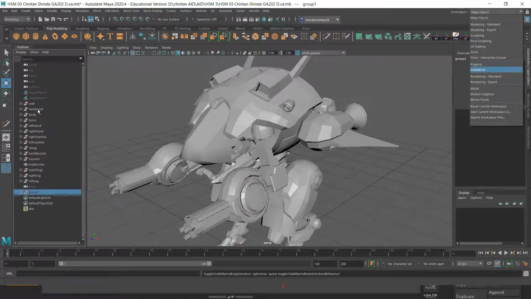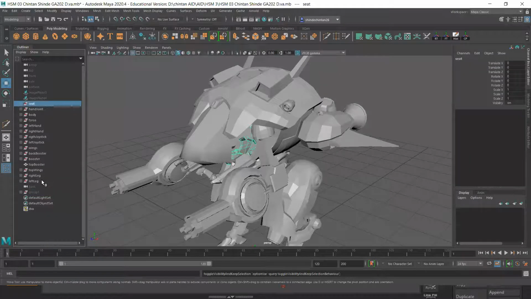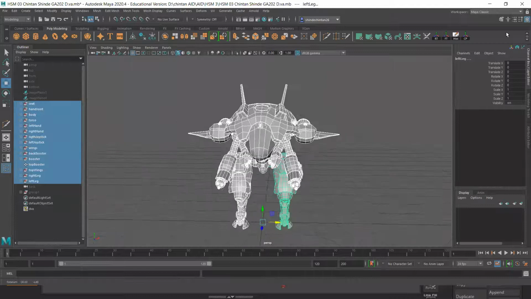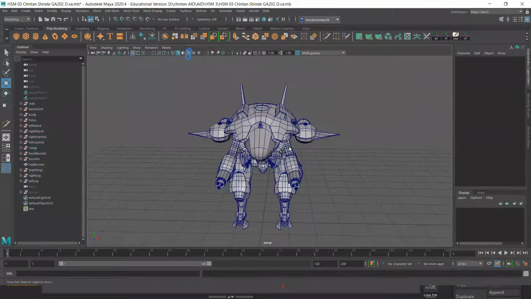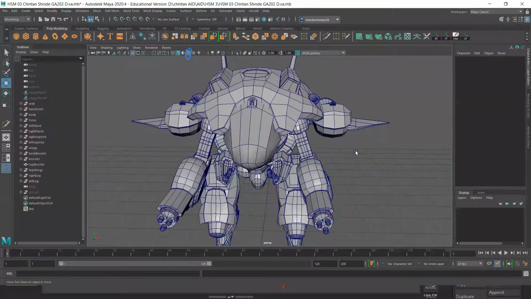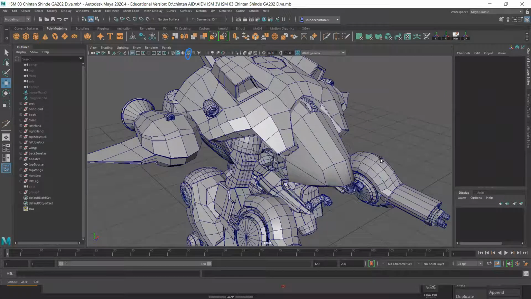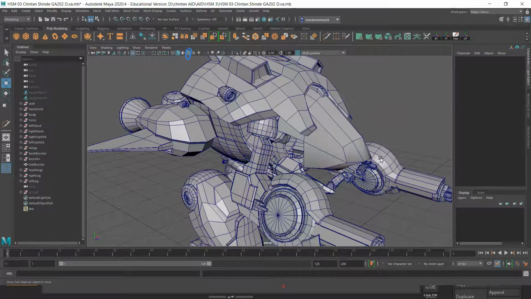Sir, I already hid my high poly. Just switch on your wireframe from this option. Now deselect. Now for your low poly, you have to remove all the supporting loops. After that, don't remove, just freeze position.